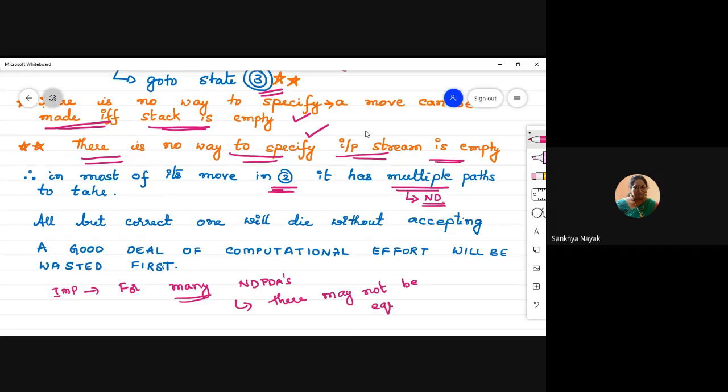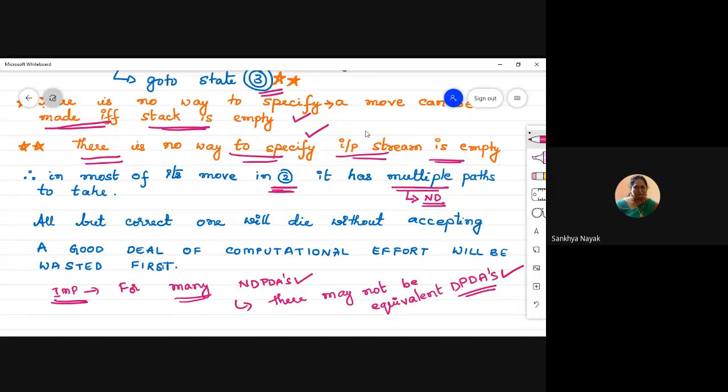Then what can we do? NPDA is strong from the design point of view, DPDA is good from the efficiency point of view, but as we are